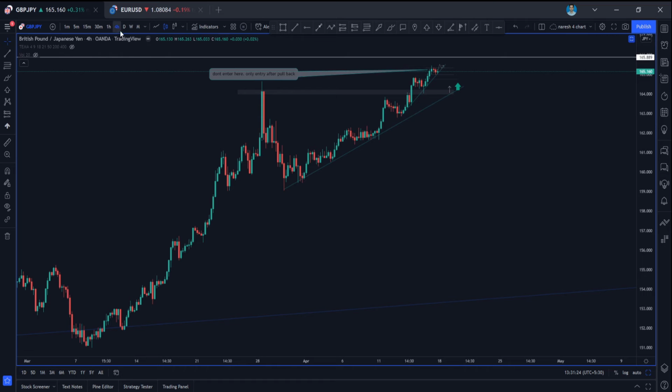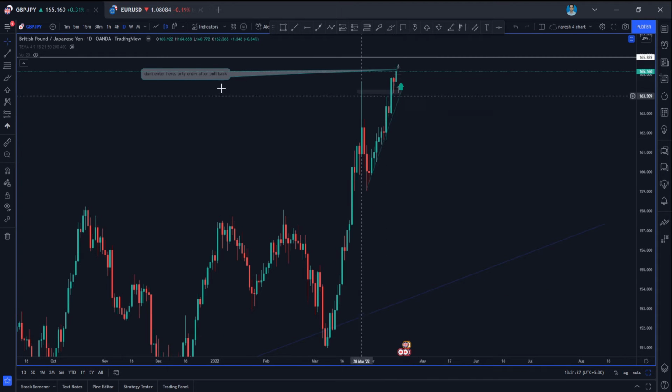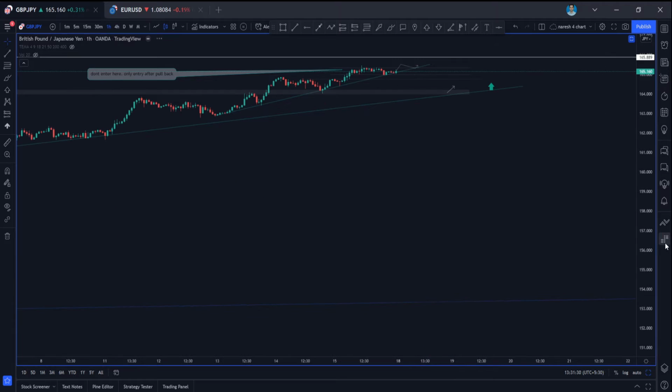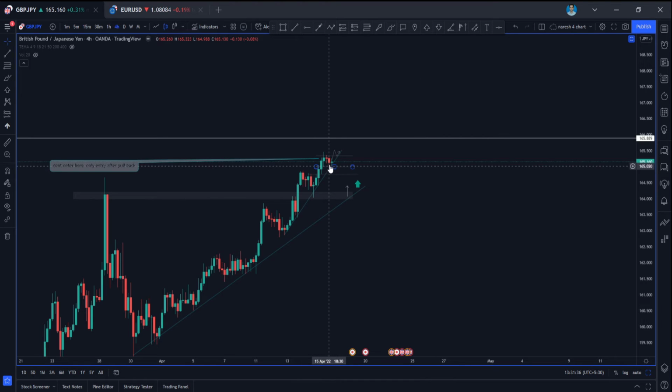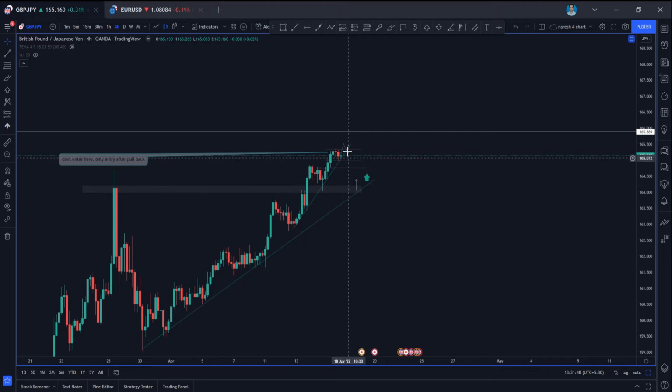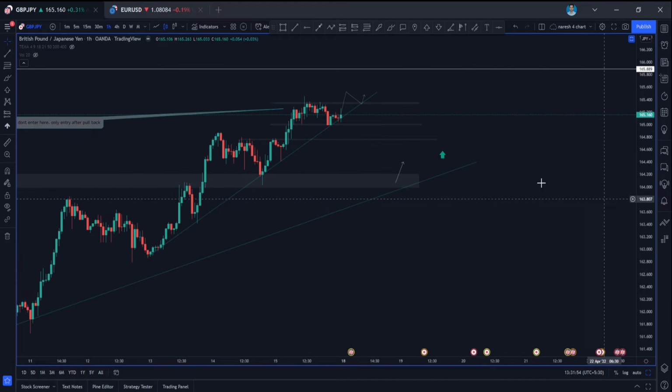So GBPJPY in the 1 hour time frame is totally bullish, and in the 4 hour time frame I'm seeing a weakening of strength here. What I'm looking for is the price coming to this support level again, which is an important 4 hour trend line as well. If the price comes to this level and holds, you can go for a long entry from here. Or else, if the price directly breaks this area in the morning itself, continuing with a powerful bullish candle close here, you can look for a pullback to this zone again and continue the trend, guys. So that would be for GBPJPY.